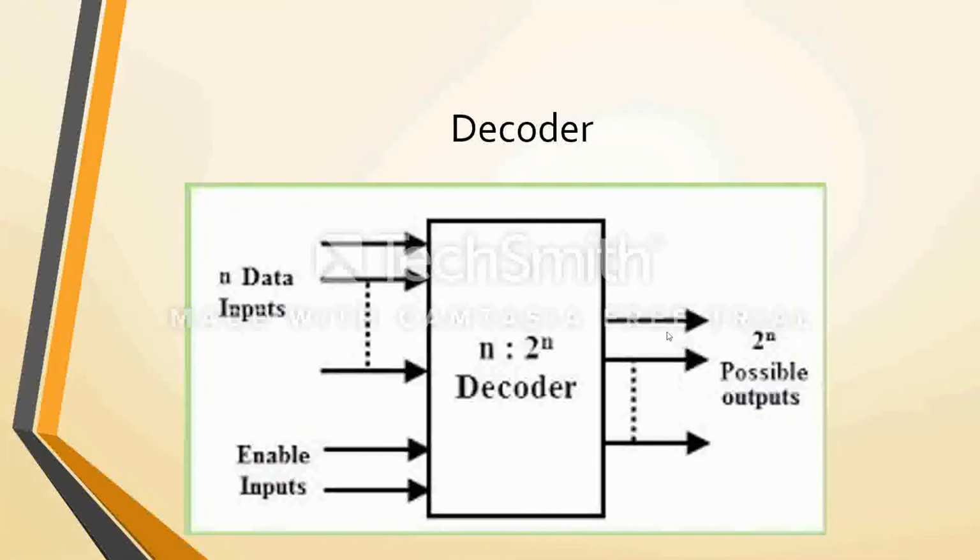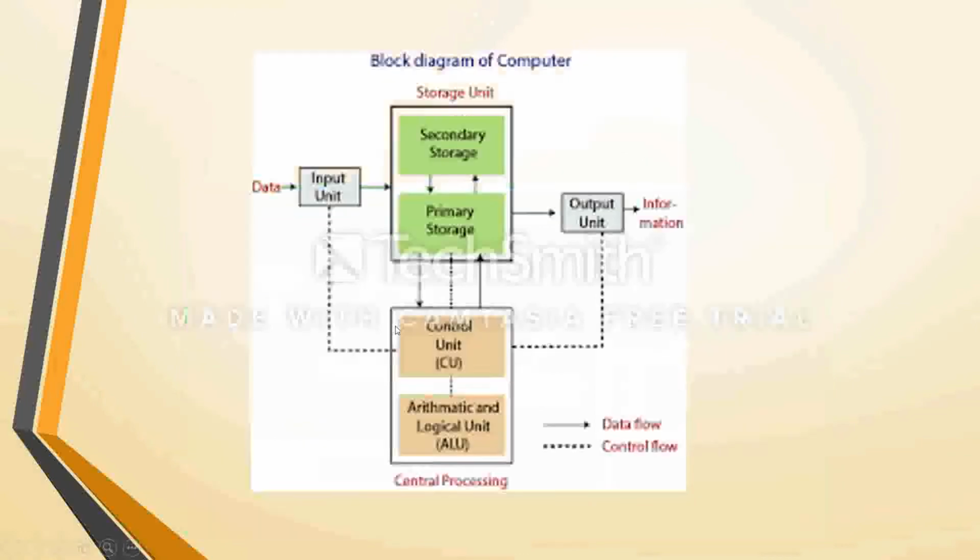What the decoder does is the reverse operation of the encoder. The encoder will encode the data, and at the receiving end we need to decode it. How to decode that? Let us have a block diagram for this decoder. There are n data inputs, and we have enable inputs which are required for digital circuits, and we have a decoder which is going to decode it into 2 to the power n possible outputs. Basically in communications we make use of an encoder at the sender side, and the decoder is available at the receiver side for secure data transmission.